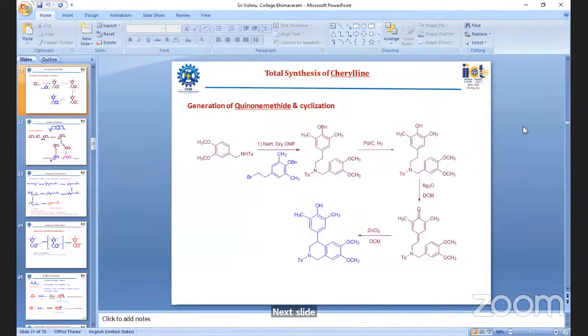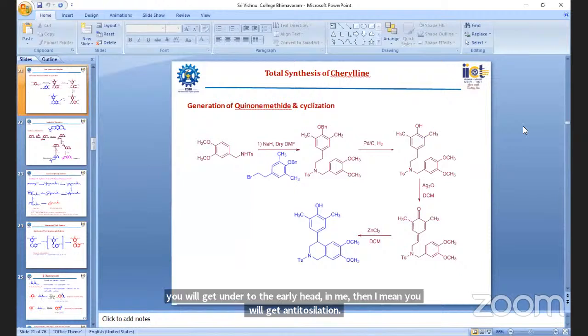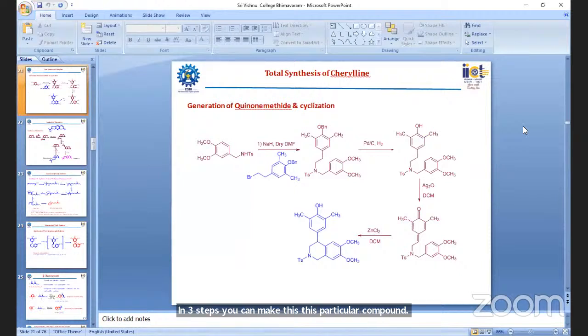Yeah. Then another fragment where dimethoxy tosylamine, benzylamine is there. This can be prepared from the aldehyde, imine, then amine you will get, and tosylation. In 3 steps, you can make this particular compound. And under basic condition, whatever the intermediate we made in the previous slide, you can do with the basic reaction,